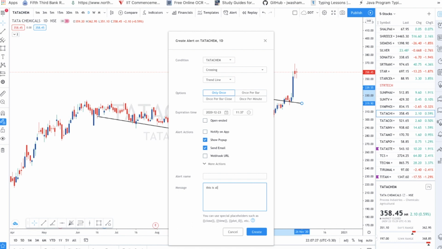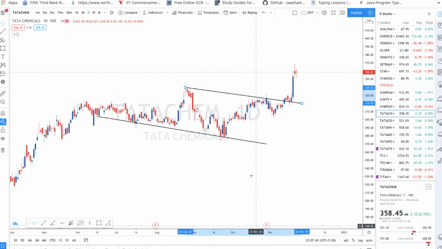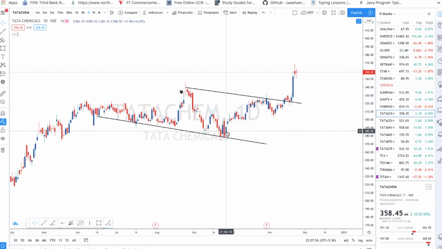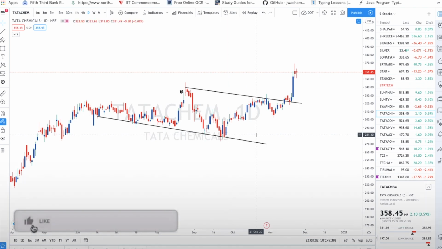This is an alert for trend line buy signal, like this. You can create it, and it will create the alert and show you. Sometimes what happens is, if I want to put an alert on this line, and this stock already went there, and I want to trade once this trend line breakout happens, you can't just wait, and you may miss the touch. So the alert will help you figure out when to take that trade, and you don't need to watch it again and again.